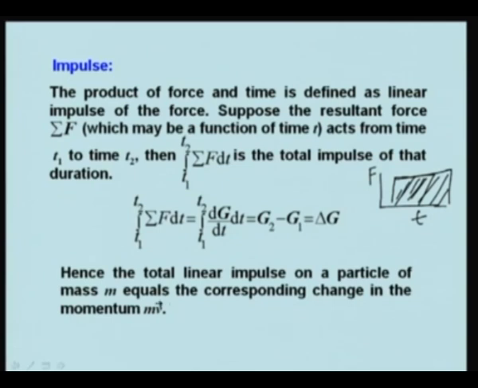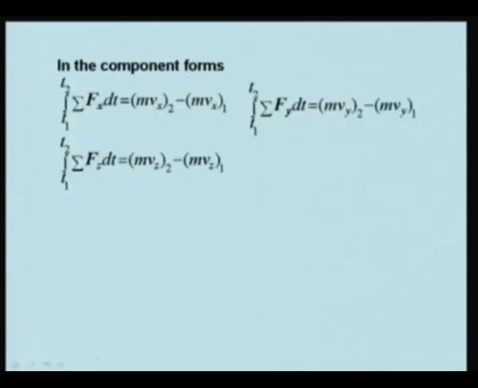By this, we can find out the change in momentum, in other words the change in velocity, without really finding out the acceleration. In the component form, these equations are like this: the integral from t1 to t2 of sigma Fx dt is